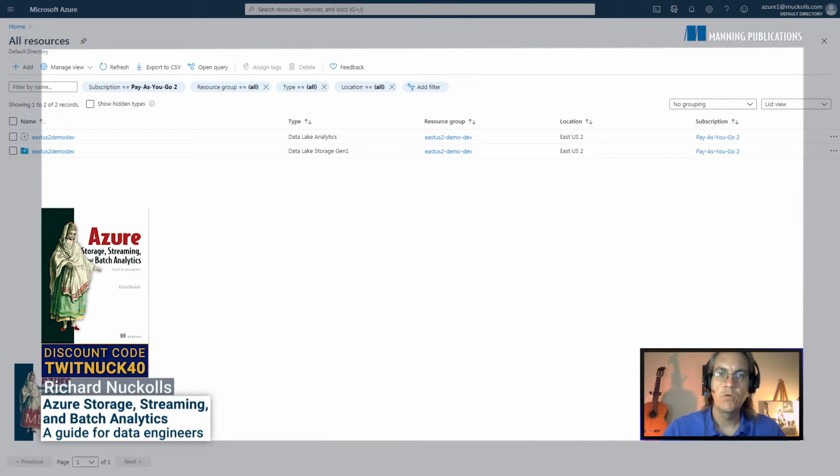I am an author for Manning of the soon-to-be released Azure Storage, Streaming, and Batch Analytics book. It should be coming out in the next month. In the book, I cover several services, including storage accounts, data lake stores, and data lake analytics, and teach you how to build a Lambda designed, architected data analytics processing system in Azure using services that you can wire up together with no code,